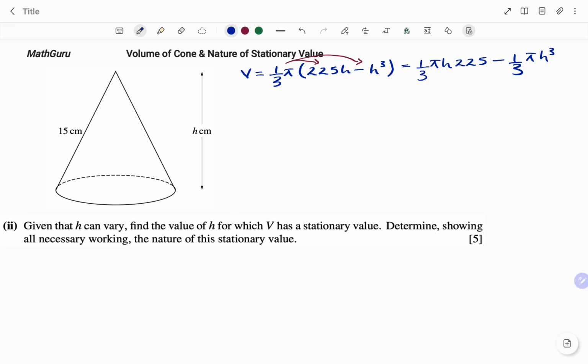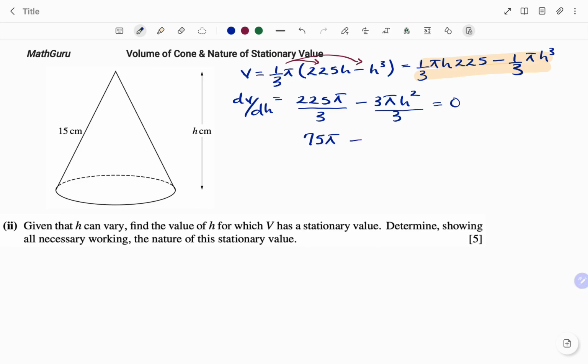So therefore, equating my first derivative to 0, I have dV with respect to h equals, if I differentiate my volume, 225 times 1 means 225 pi over 3 minus, then I have, if I differentiate that, 3 times 1, that's 3, then I have pi h to the power of 3 minus 1, that will become 2, divided by 3. Remember, I'm equating this to 0. So therefore, I have 225 divided by 3, that's 75 pi,